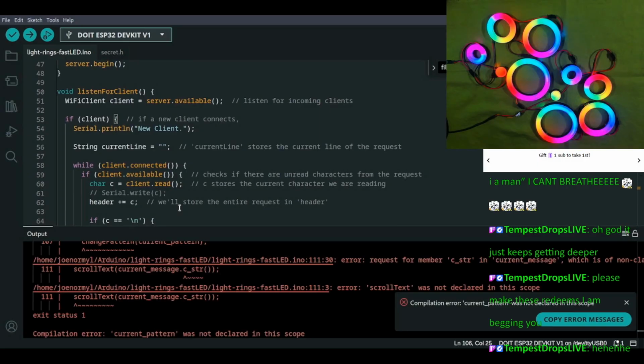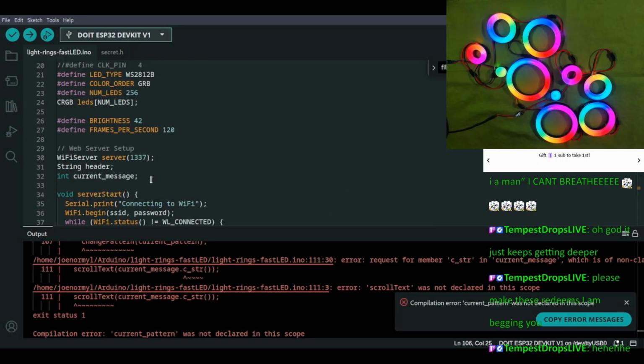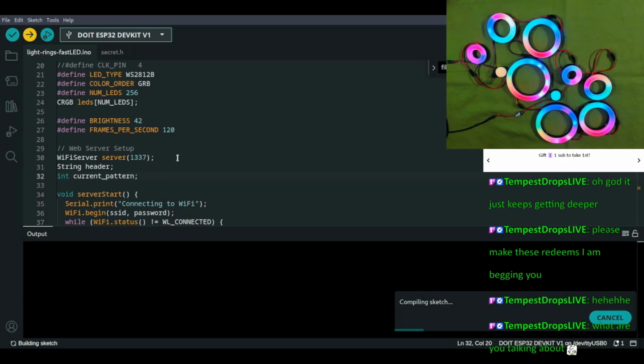Okay, current pattern. Oh, yeah. Oh, sorry. Hey, Tempest, I'm still experimenting with sound here. I'm still trying to get it to where I don't hear Joe like 3 times because I'm hearing him while he's in the room and then I'm hearing it double on my monitor headphones.